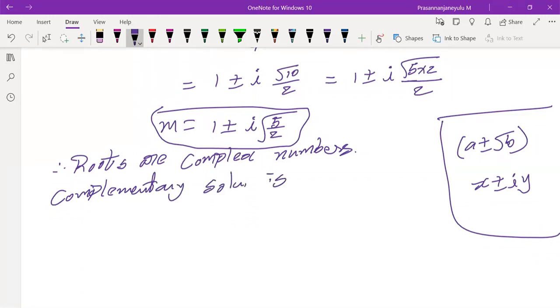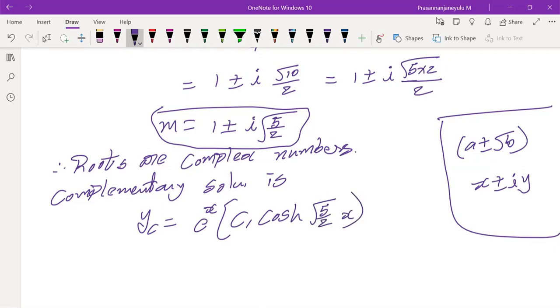YC equals, what is the general form of the complementary solution? e power a. What is the value of a? That is the real part, simply 1. So e power x into C1 cos h of b. What is the value of b? Root 5 by 2, square root of 5 by 2 into x plus C2 sin h of, okay, better I'll